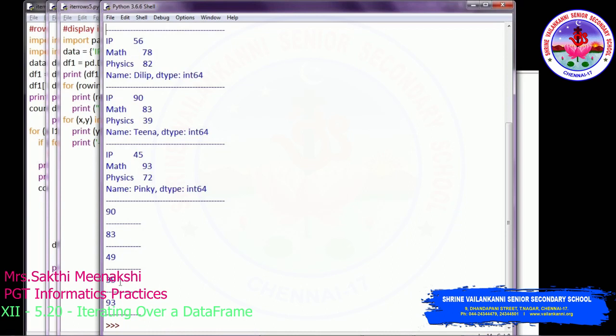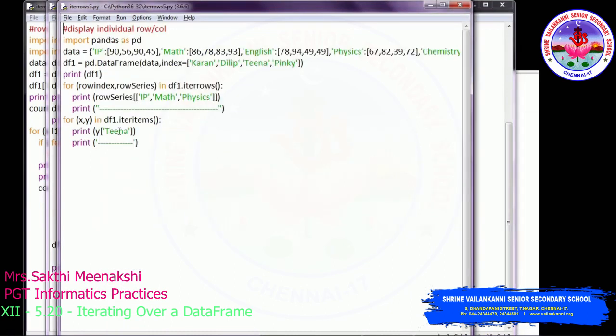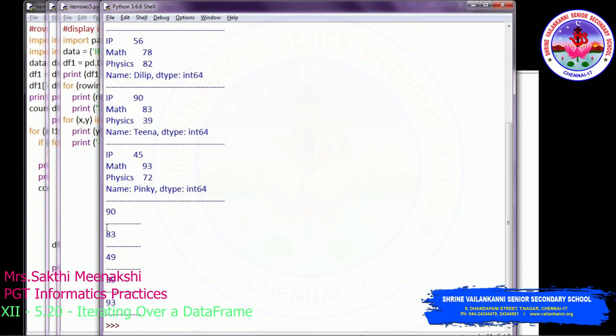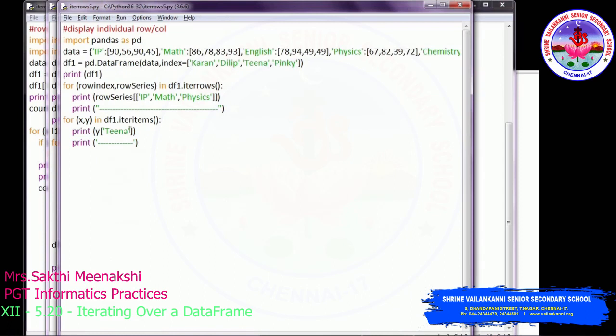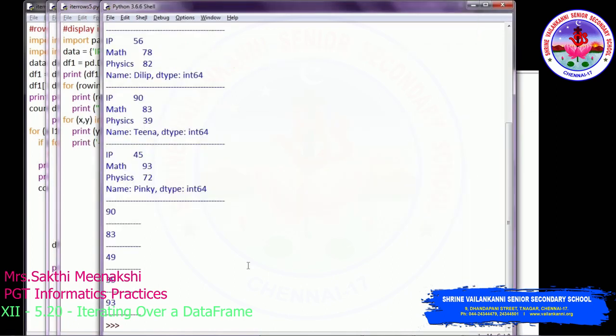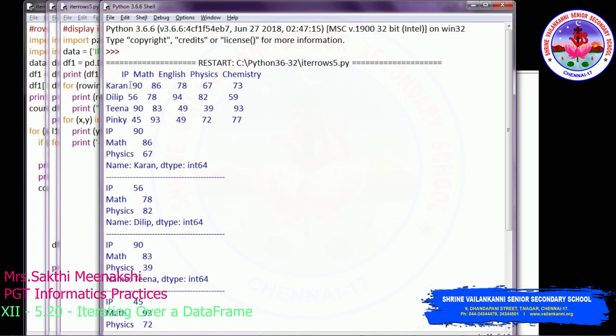So here what we have done. We need only Tina's mark. So Tina's mark alone will be fetched, and individual values are fetched for every iteration. So first time it displays Tina's first mark, and then second, third, fourth, like that. Okay, so this is moving column wise, and this is moving row wise. If you are moving row wise, you will get all the column values. If you are moving by the column value, then you will get all the rows. So here, all of Tina's column values, all the row values will be fetched.